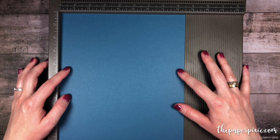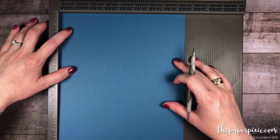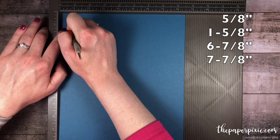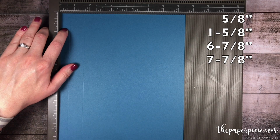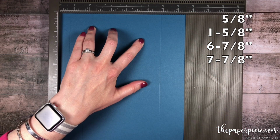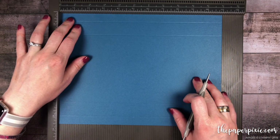We're going to start with a piece of 8.5 by 11 cardstock. This is in the Dapper Denim color, which is soon to be retiring. And along the 8.5 inch side, we're going to score this at 5/8, 1 5/8, 6 7/8, and 7 7/8. And I'm going to rotate it to the 11 inch side, and we're going to score this